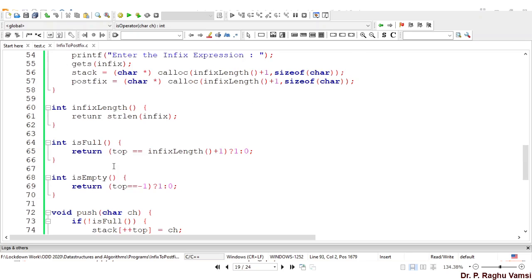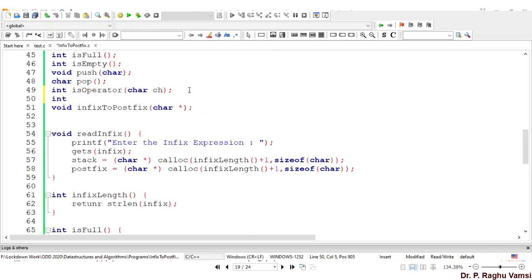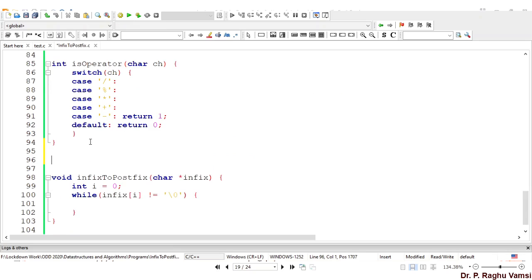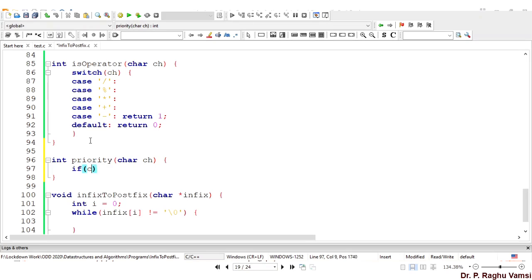In addition to this, we need to define the priority for the operators. For that also we'll make a helper function, int priority of char ch.